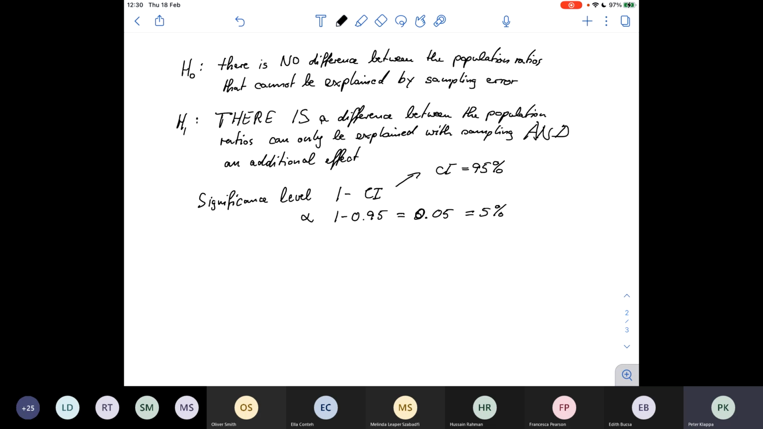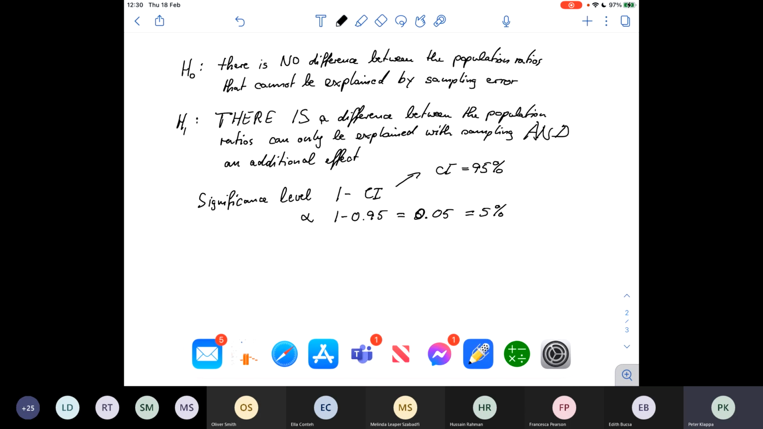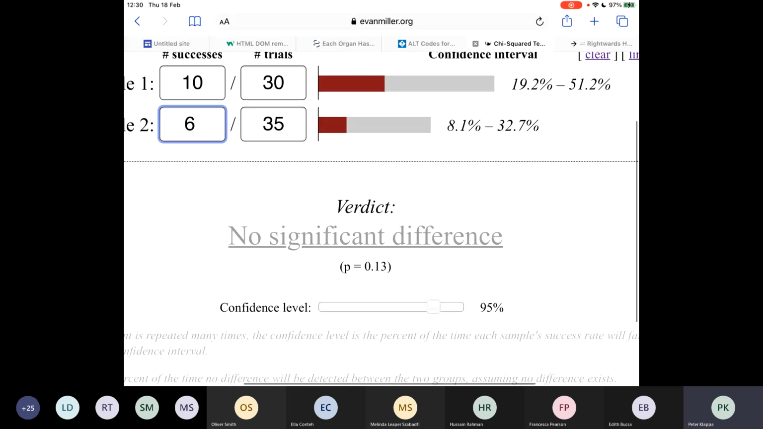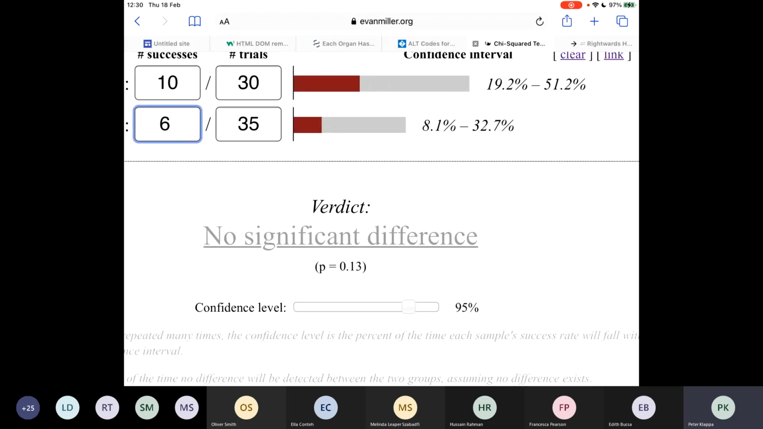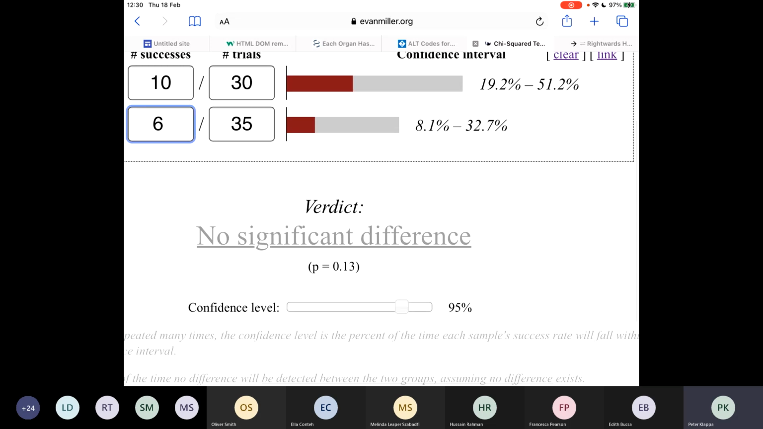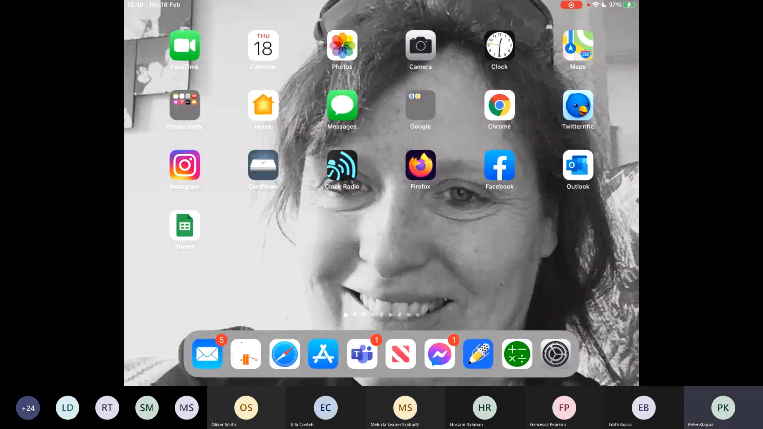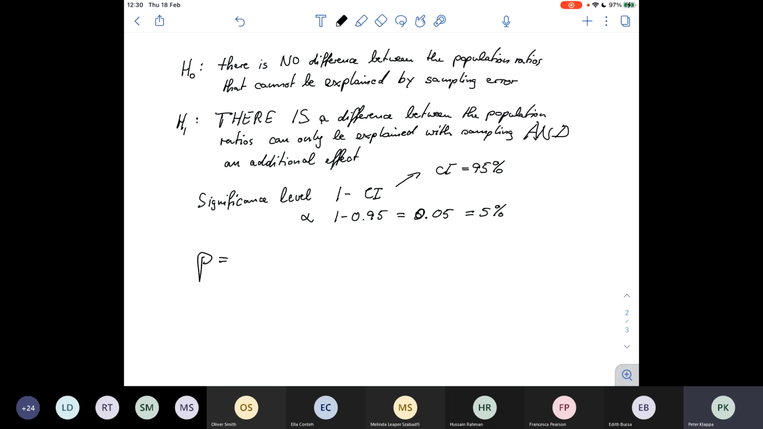So what we do now is we go back to the calculator, and luckily this calculator does the calculation for us. It gives us this p-value that you see here, P equals 0.13. What does that mean? So we get P equals 0.13. This means we have